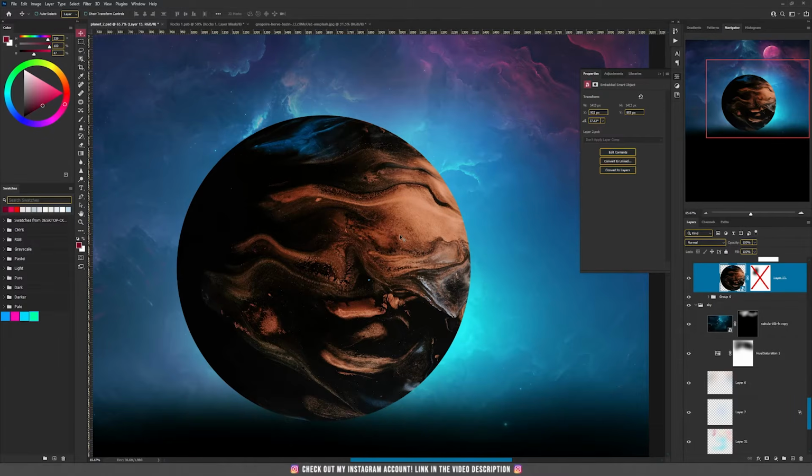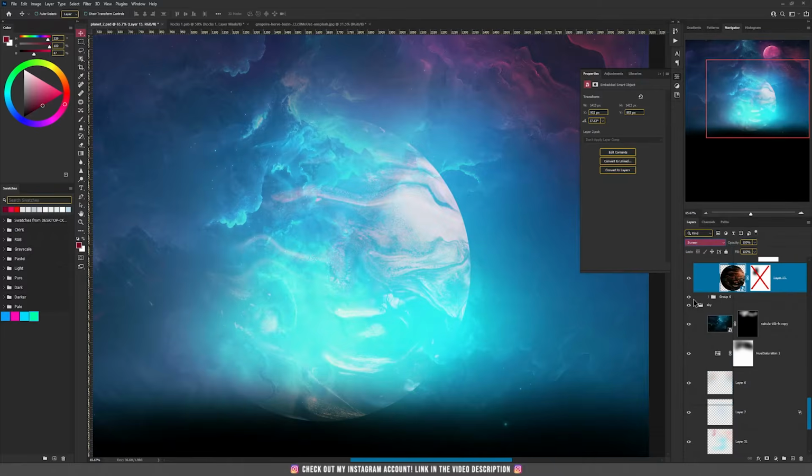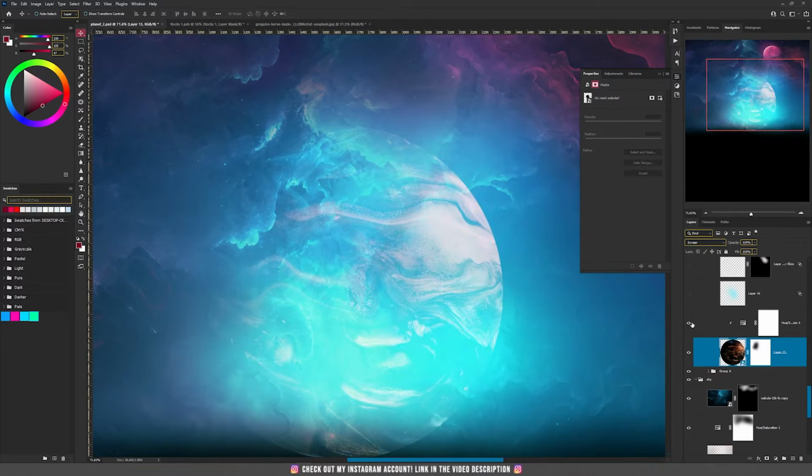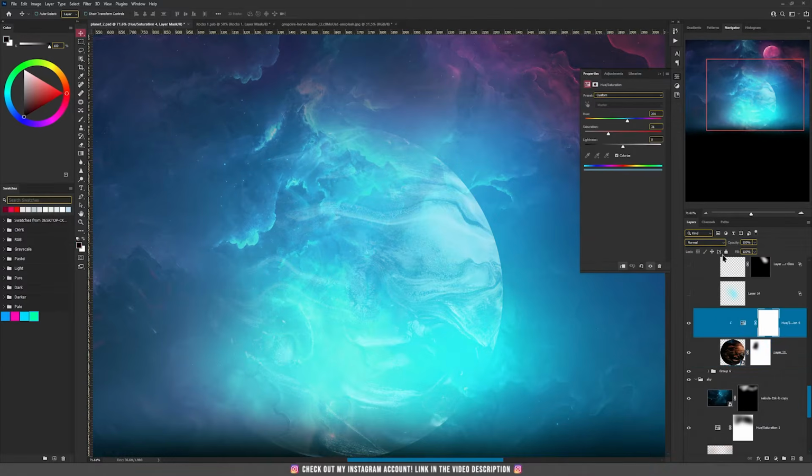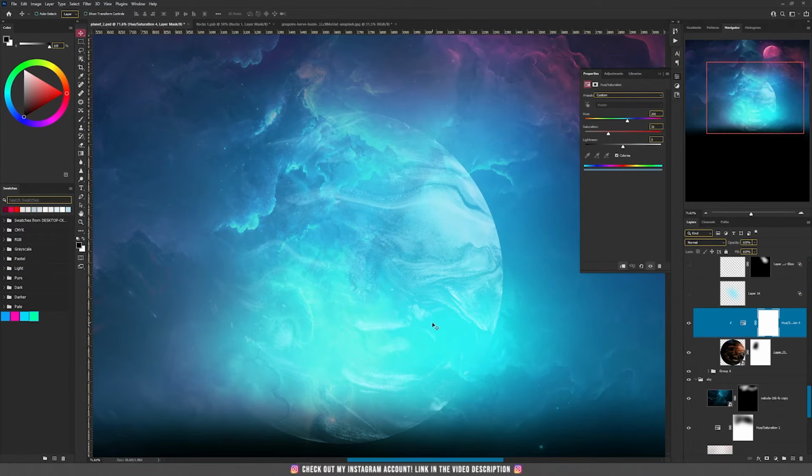The important thing here, because I have a lot of dark values, dark colors in my image, is that I will set the blending mode to screen. And now it looks really different. And I added a mask and masked the top left part. I added a hue and saturation, and I decreased the saturation and increased the hue to blend my planet better